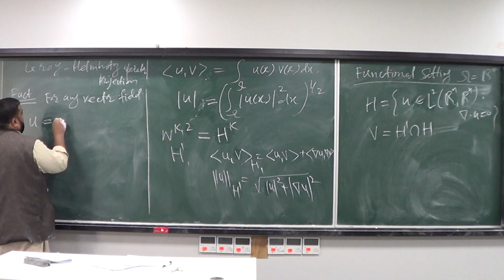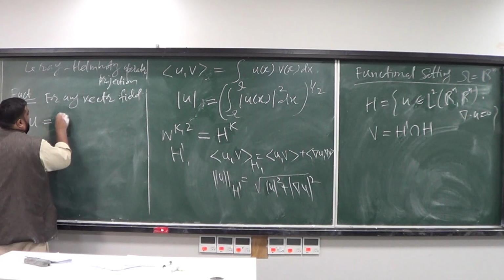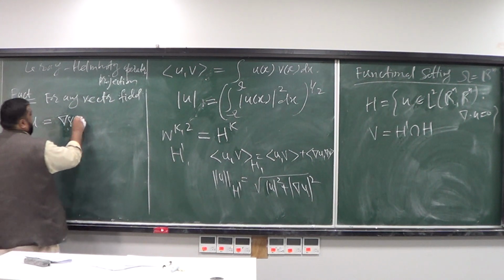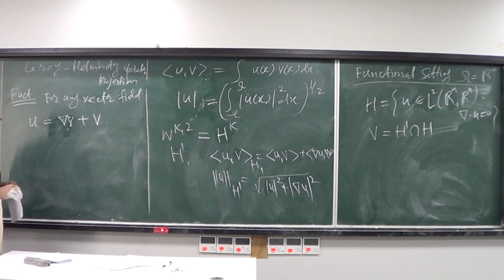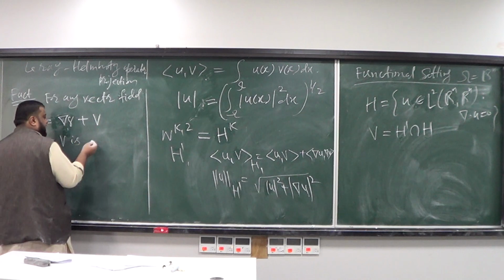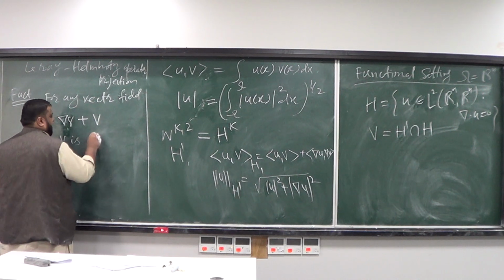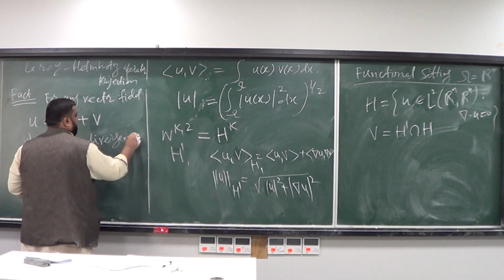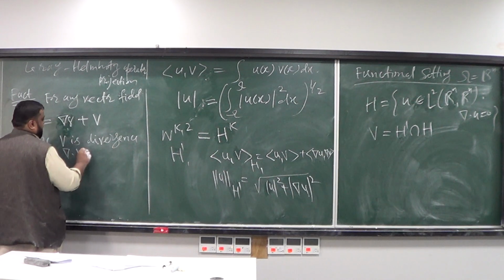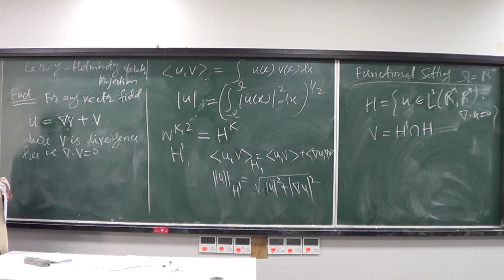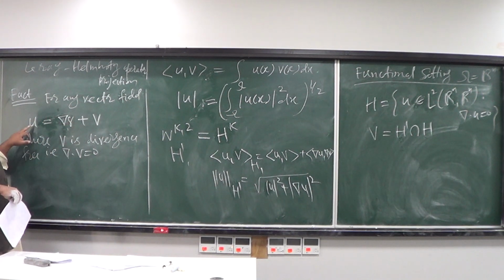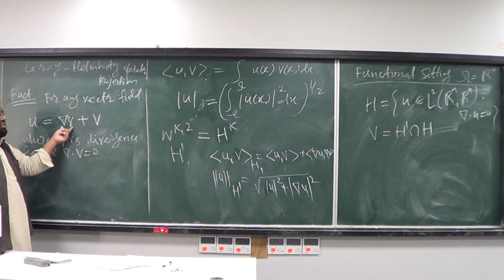One part is the gradient of some scalar field, let's call it Q, plus a vector field V, where V is a divergence free vector field, that is, the divergence of V is equal to 0. In other words, you pick any vector field, you can break it down into a gradient of some scalar field